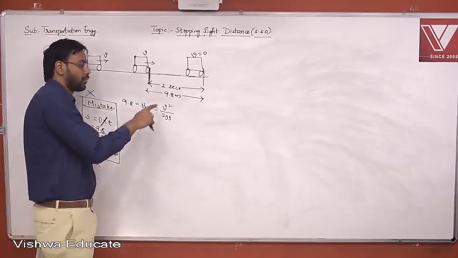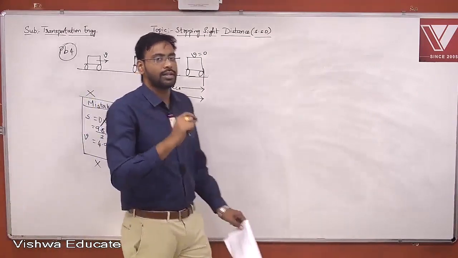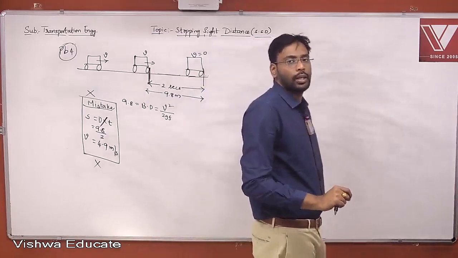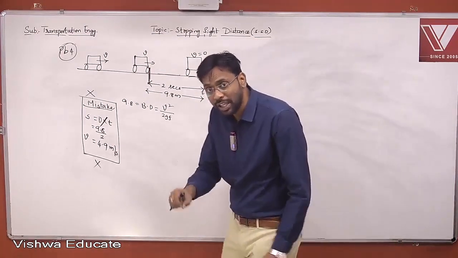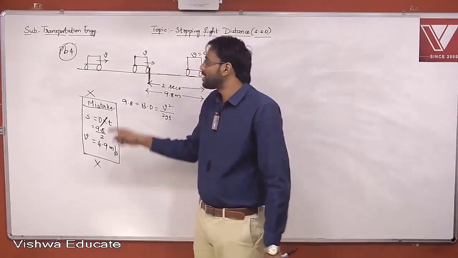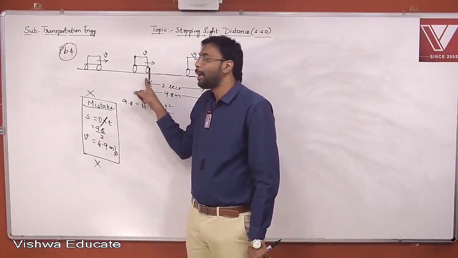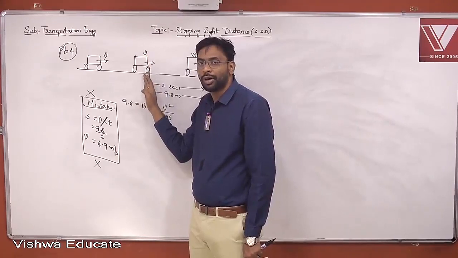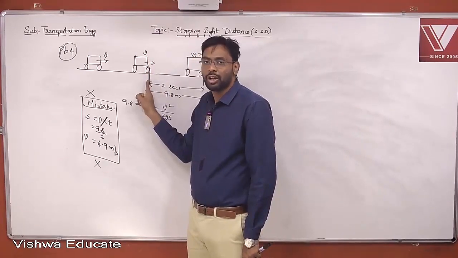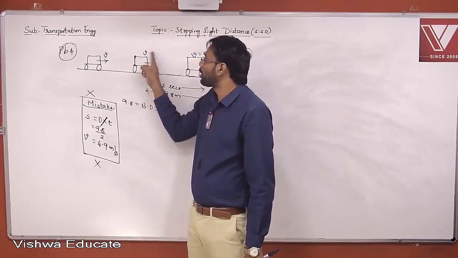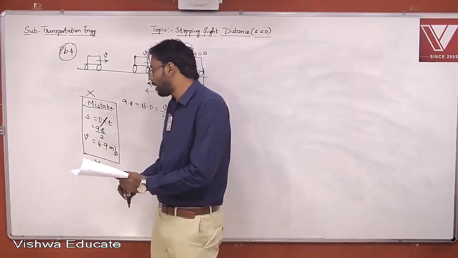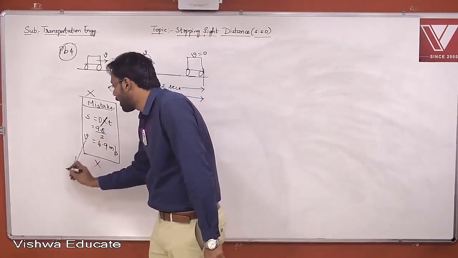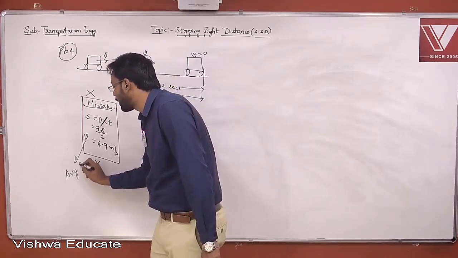If you see this formula, if you see this derivation, what is V? V is the design speed, or the speed of the vehicle before application of the brake. That is what V is. But what is this V? This V is the average speed of the vehicle